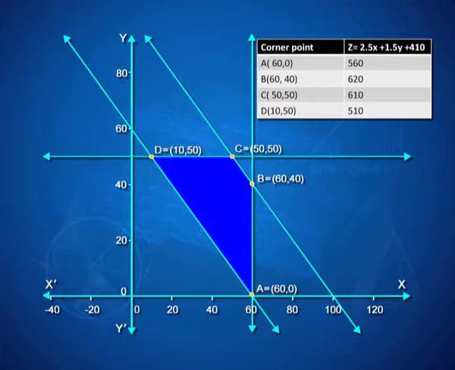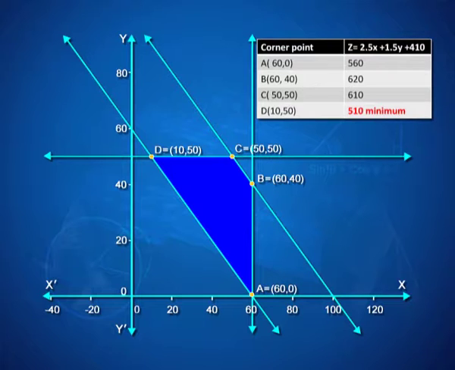Calculate z at all of these 4 points. Do you see a minimum cost coming up somewhere? Yes, I think so. That is very, very obvious. So, we are looking at a minimum transportation cost of 510 rupees at the point D, which has coordinates 10,